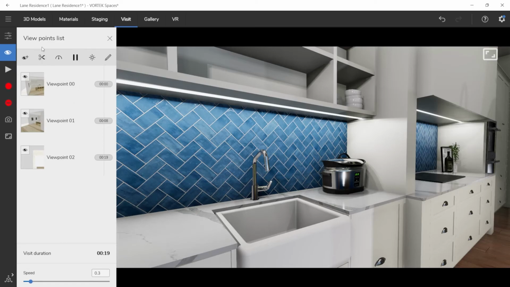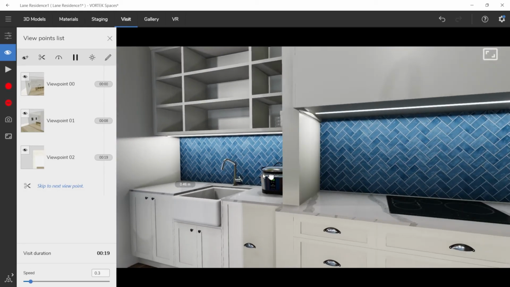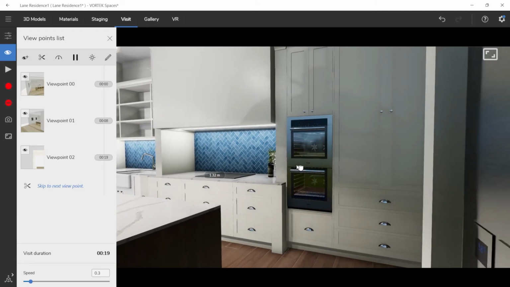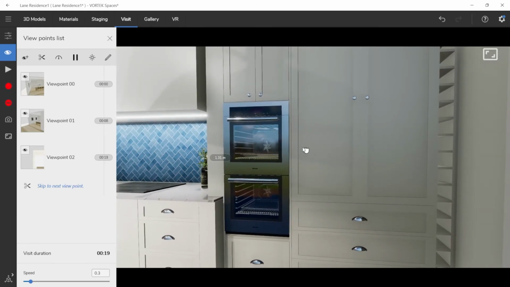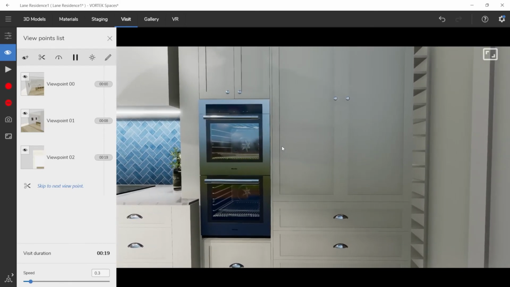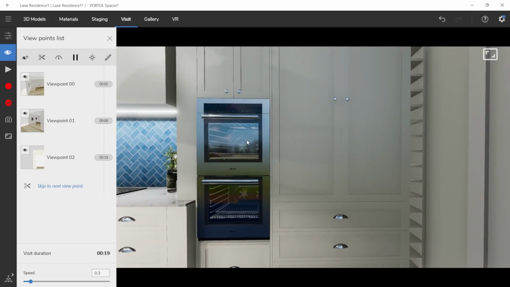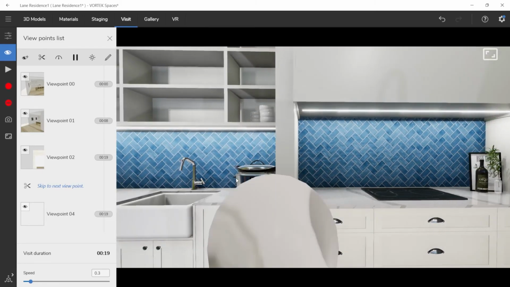For that reason, we have very simple transition effects as well. So when you have, for example, a skip to the next viewpoint, it will just make the camera stop and then start somewhere else in the project. That will allow you to create some really nice scenes and camera moving. For example, one type of view that I like to have is a very straight view close to the countertop, and then I'll move from there to the right,